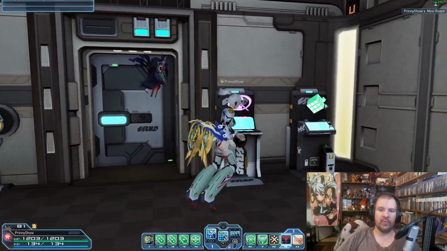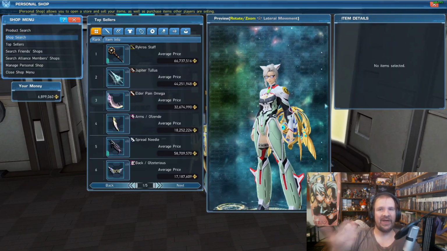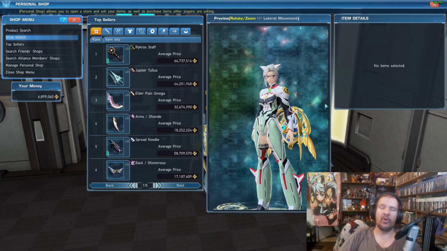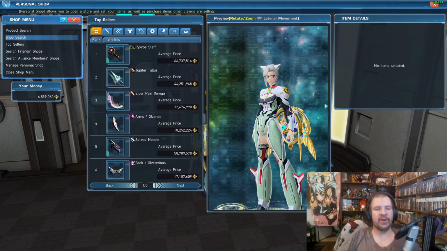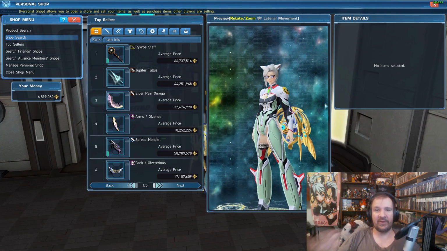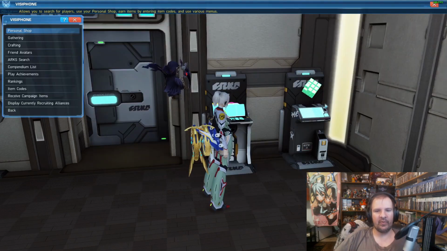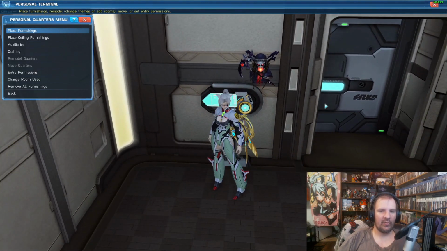The most simple way will be, of course, running over to your personal shop and just finding it and buying them off the auction house, since players are dropping them pretty heavily on ship 1 anyway. So you can go ahead and buy a handful for roughly 1,000 Meseta, give or take, depending on the market at the moment. And then another way to go about doing this is by going to your terminal